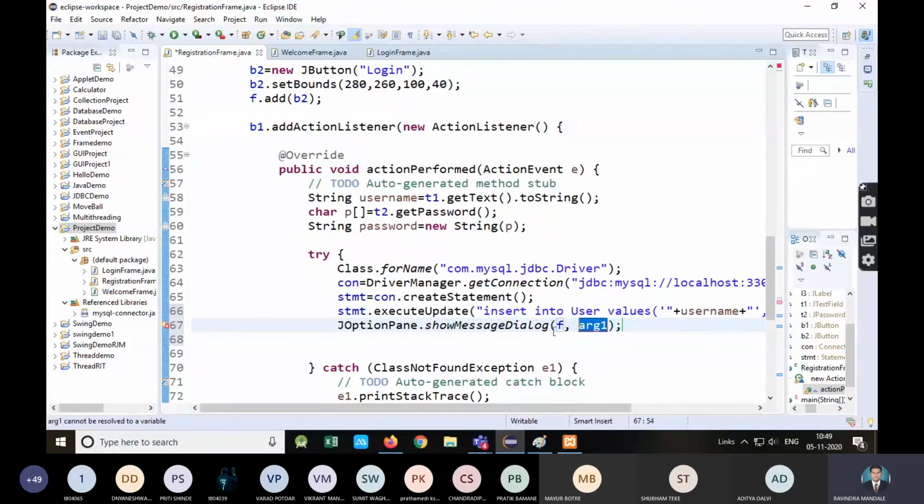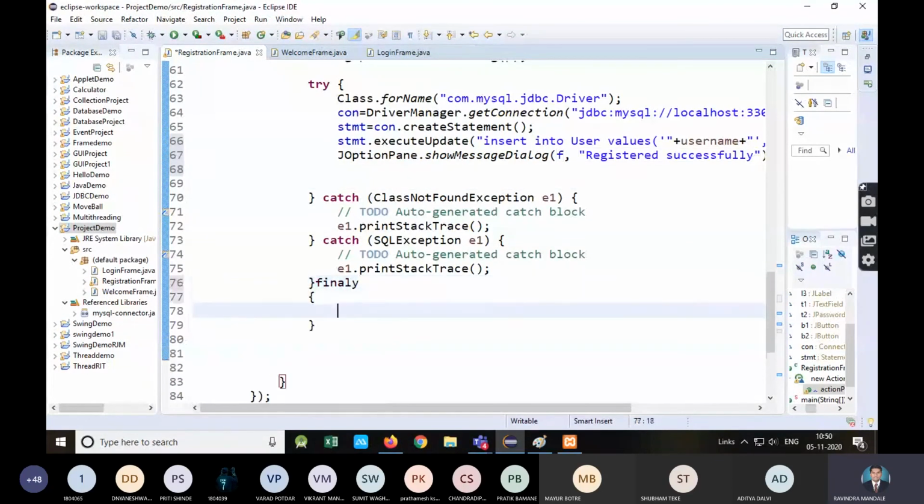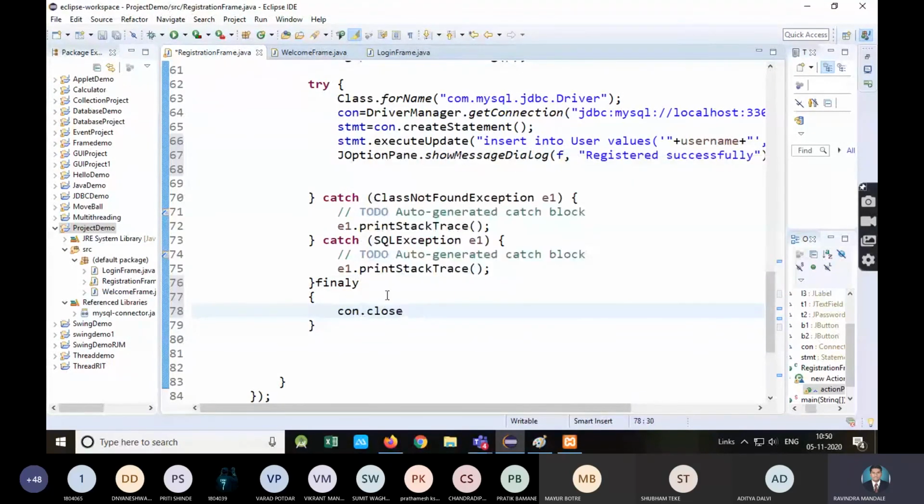In that case you can specify null here, first object, and here the message, actual message. So registered successfully. You have registered successfully. Getting? And see here in finally block I will add the connection close.